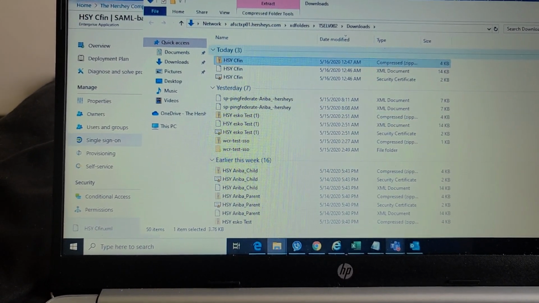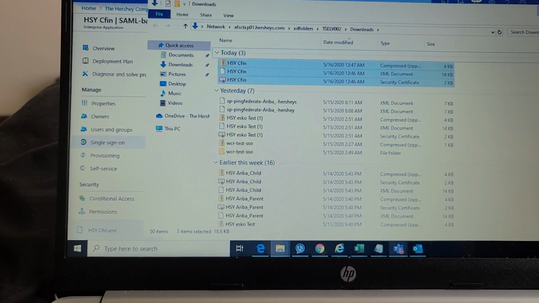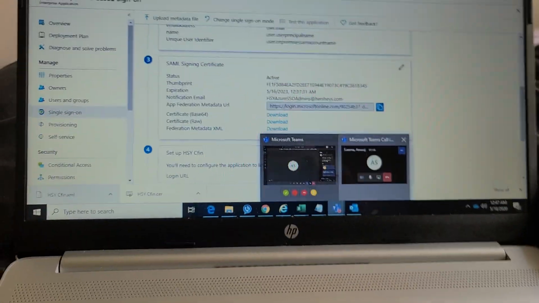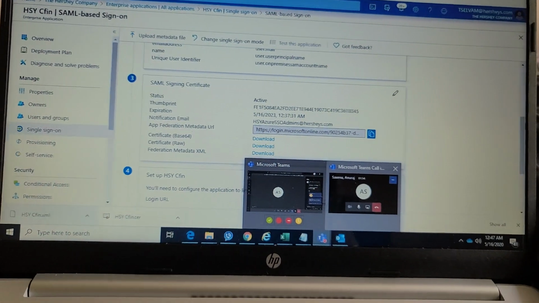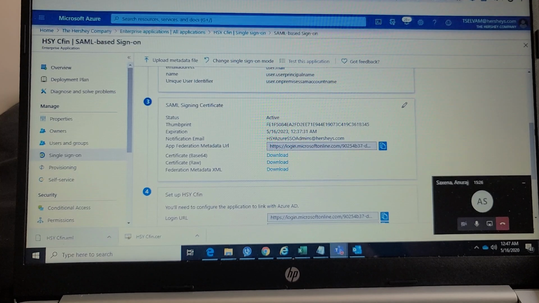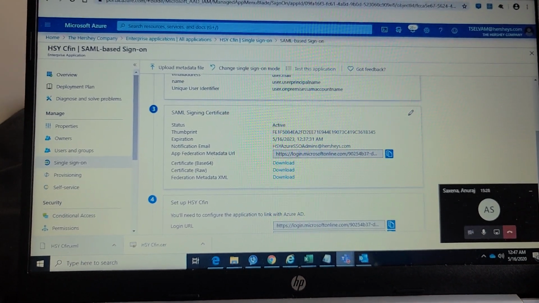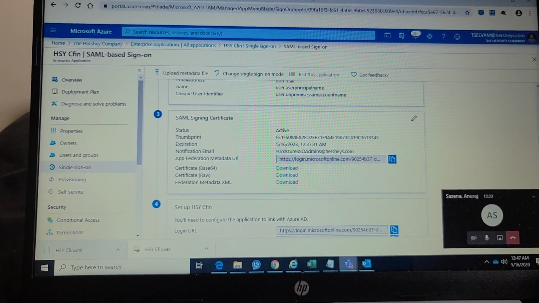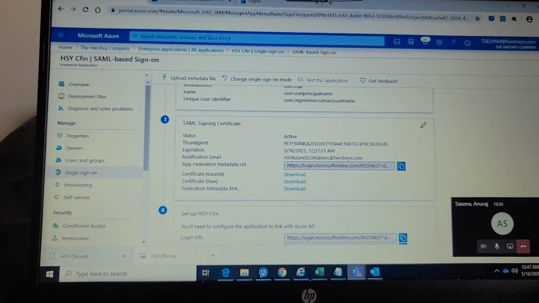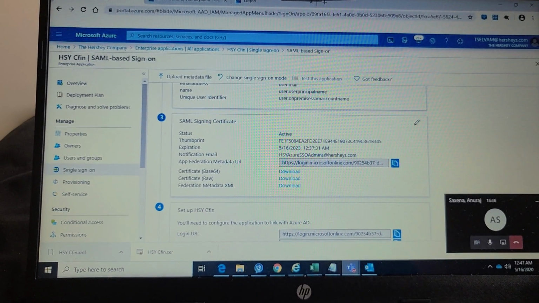Once you do it, ping them in chat and send them this zip file. You will be on the call, right? If you do that, your part is done. Now they'll do it from the service provider side. From Safen's side, the support person will do the configuration from his end with the metadata which you provided.